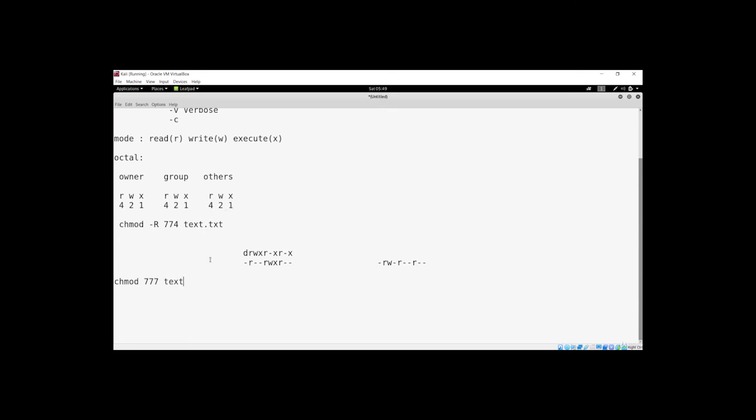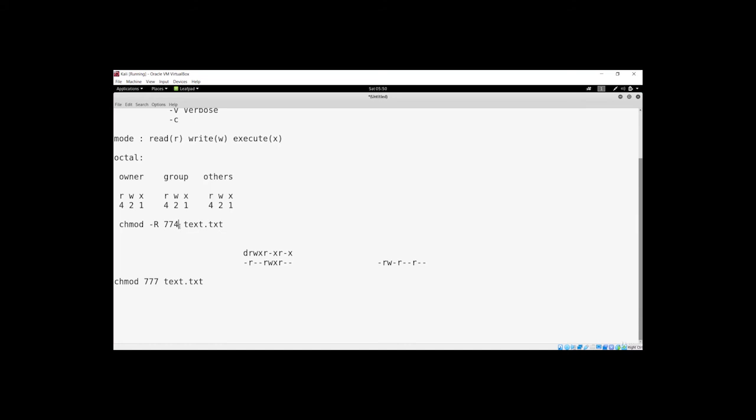After that, you can simply pass test.txt or any file name or any directory name. So this is the way. If you want to change the permission for this test.txt, all you need to do is use this command. Let me copy this. The -R means we are doing these changes in recursive mode, and 7 means this file can be read, written and executed by the owner. Another 7 means this can be read, written and executed by the file group, and only 4 means it can only be read by other users, they cannot write or execute.